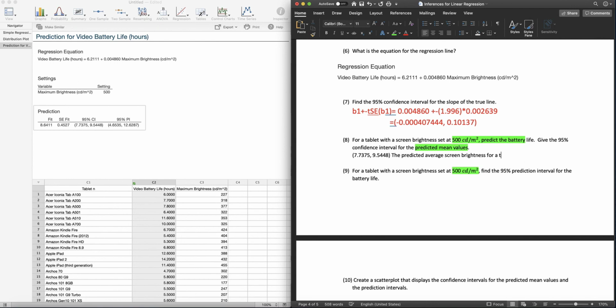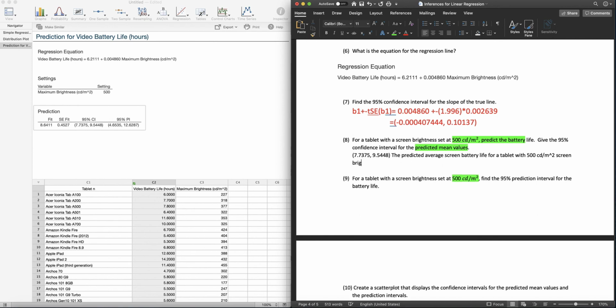screen brightness for a tablet. No, it's not screen brightness we're predicting, it's battery life. 500 candelas per meter squared screen brightness is between 7.7375 and 9.5448 hours, and I forgot how confident I am. Ready? We are 95% confident that the